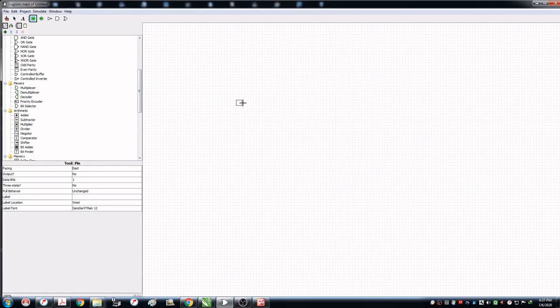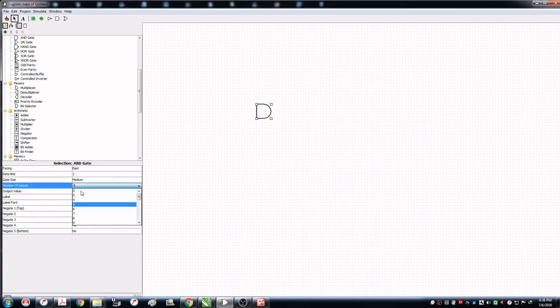For the XOR operation what do we need? We need 2 AND gates, 2 NOT gates and 1 OR gate. Okay, so let me start with the circuit. To put any AND, NOT or OR gate, we just have to click it and place it on our canvas. By default it will give 5 inputs, which you will find here in the property window. From there you can change it to 2 because we only need 2 inputs. So now the 5 inputs are changed to 2.